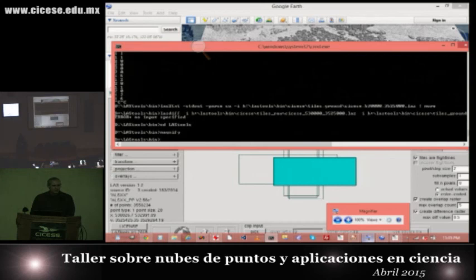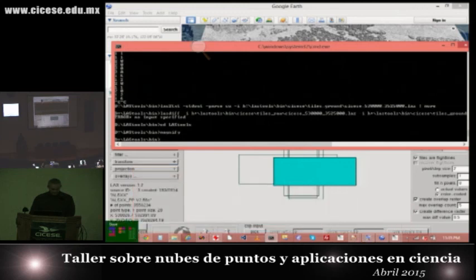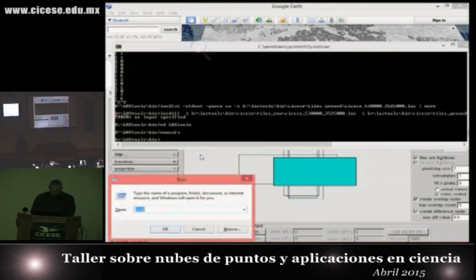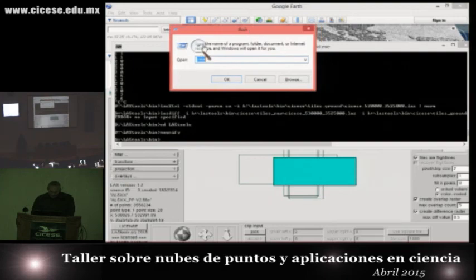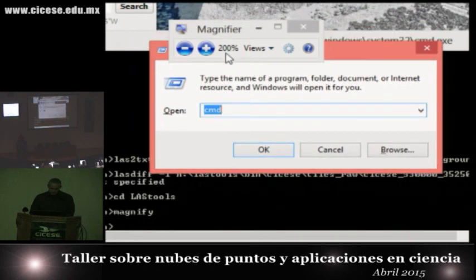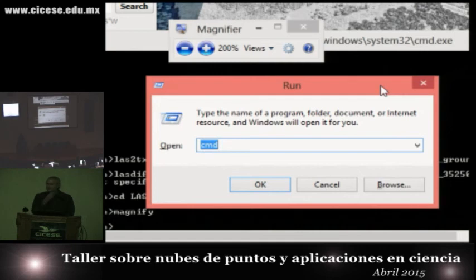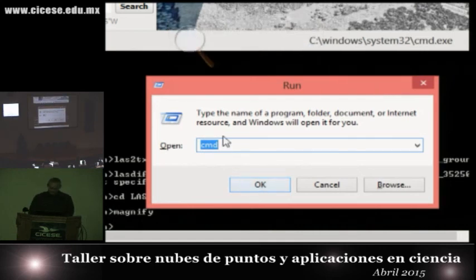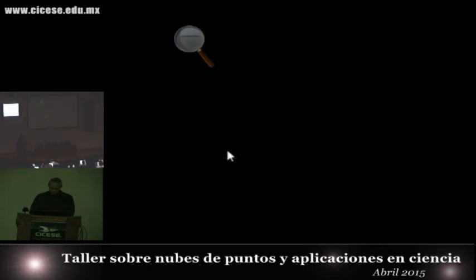Yeah, but where do you type it? Yeah, but I don't have start. Windows R. That's it. Windows R. There you go. That's what I did before, but I forgot the combination. So you type the Windows key on your keyboard if you have one, and R at the same time, and then hopefully you get this little box that allows you to run something. And then you just type cmd. And then something opens